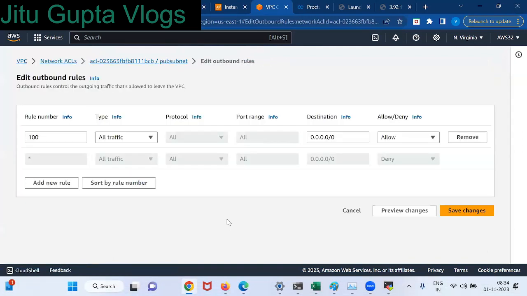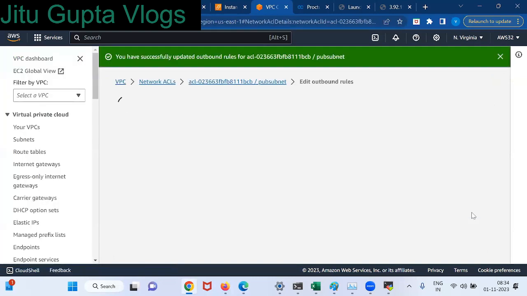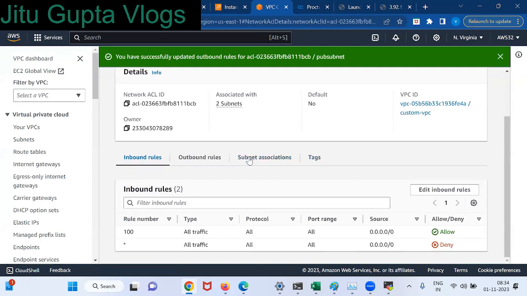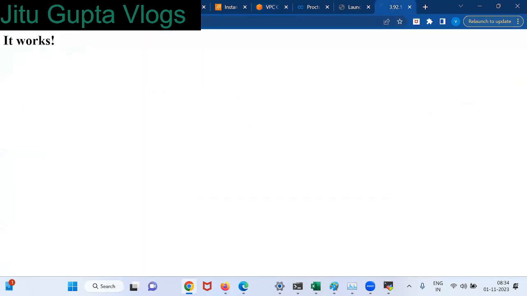Edit outbound rule. I'll just deny this one. Save changes. Okay, it will not work. Okay, it's not working, right? So with all traffic allow and deny, it is working.